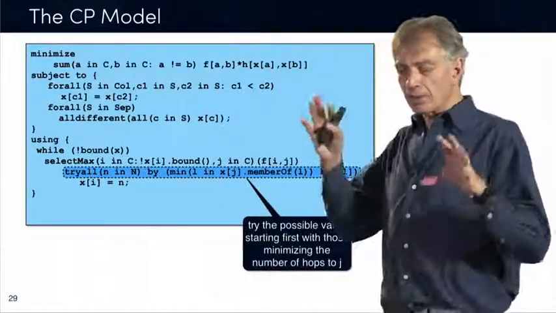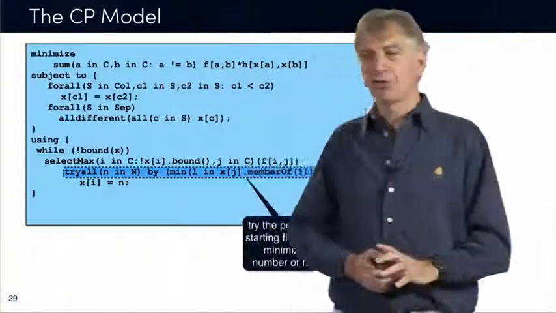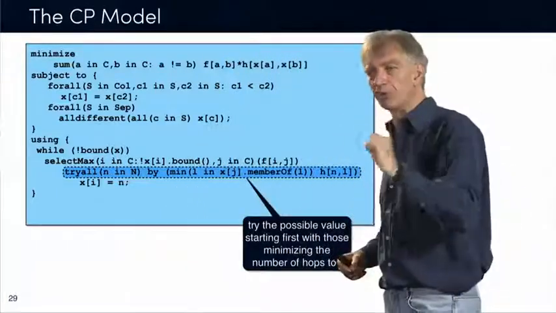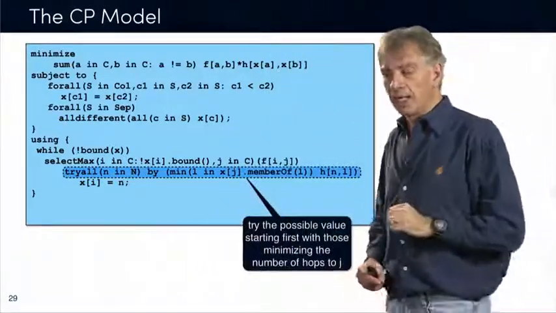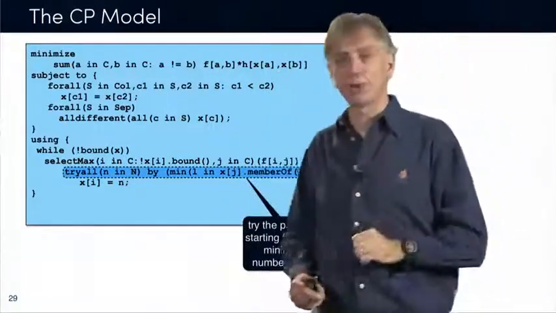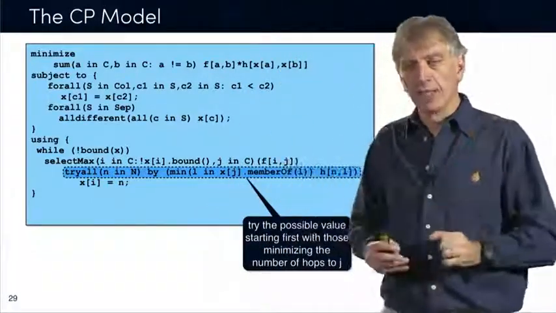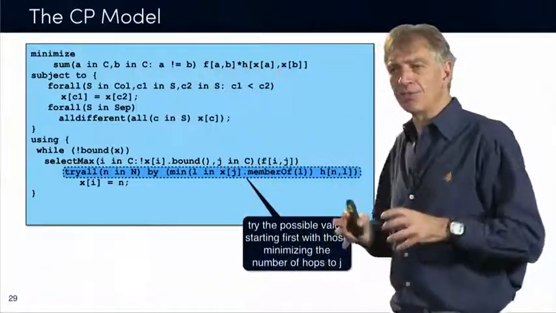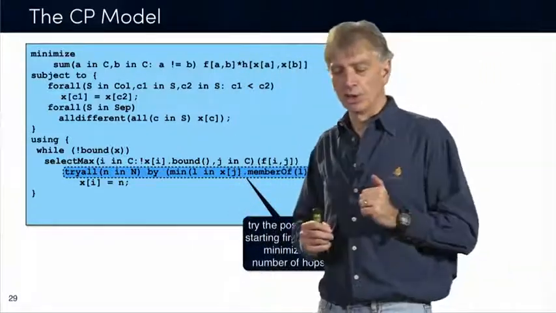Let me try to summarize what we have seen in this lecture. We have seen one type of search procedure, which is very frequently used in practice. It's called the variable labeling procedure. We saw the first-fail principle, which tells you to try first where it's hard, where you are most likely to fail. The first-fail principle typically uses feasibility information, such as which variables have the smallest domain. But it can also use information from the objective function, by looking at which components are difficult to place and would increase the objective function, which would make some of the other constraints much more difficult to satisfy.